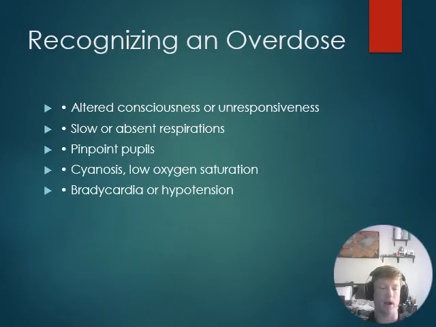From there, you'll probably see subsequent cyanosis, which is that low oxygen saturation, which can be seen from either looking at fingertips, like the nail bed here, lips, and then on eyelids as well. All three of those will start to have a bluish hue to them, and that'll be a good indication that someone's potentially overdosing.